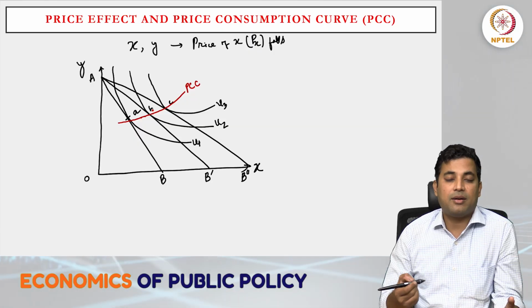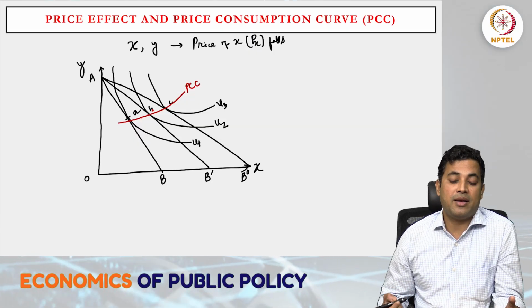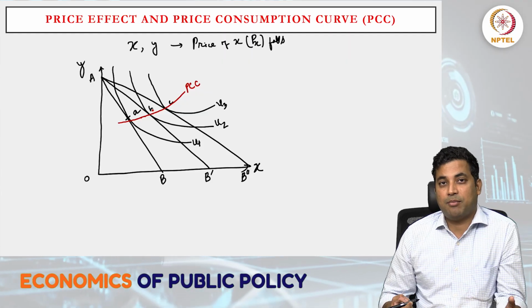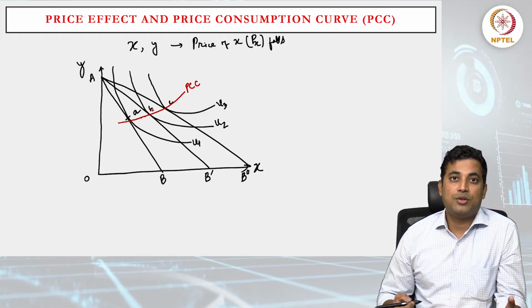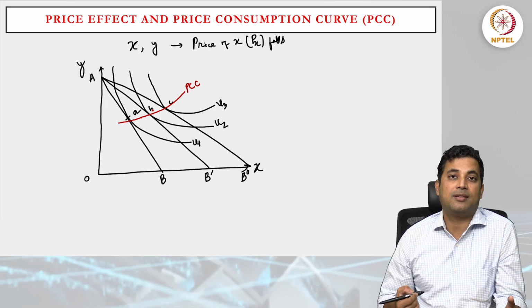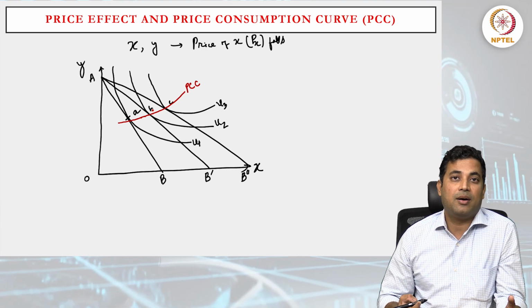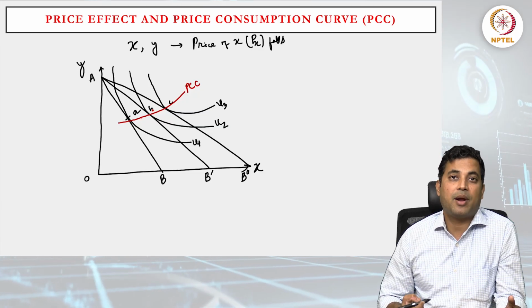Here we took the example of a fall in price, but one can also take the example of a rise in price. Any change in the price will also change the consumption pattern, and that particular combination is referred to as the price consumption